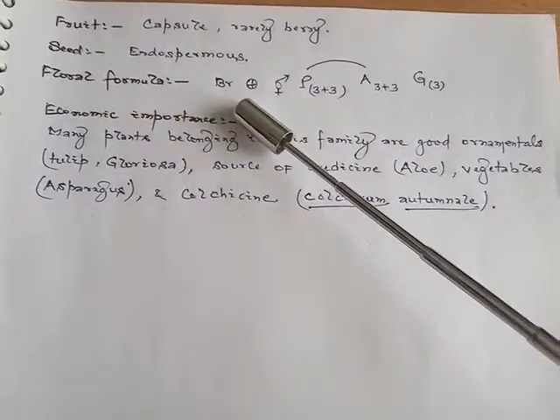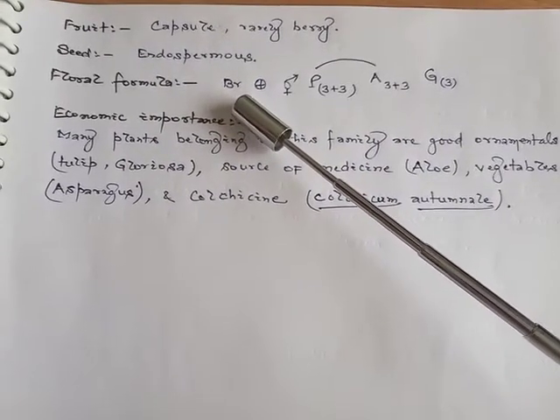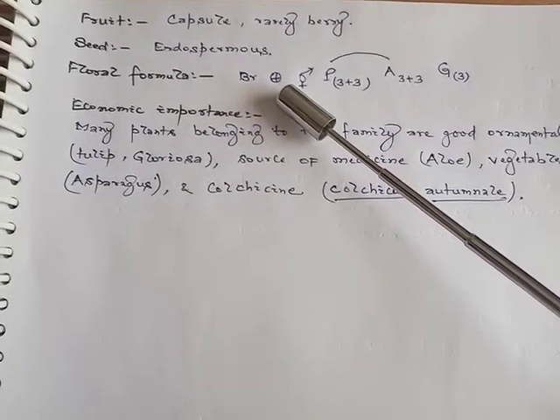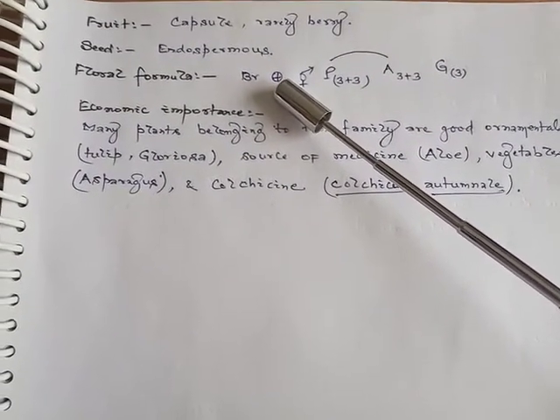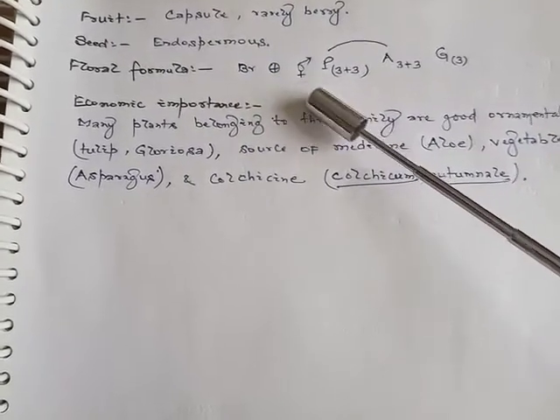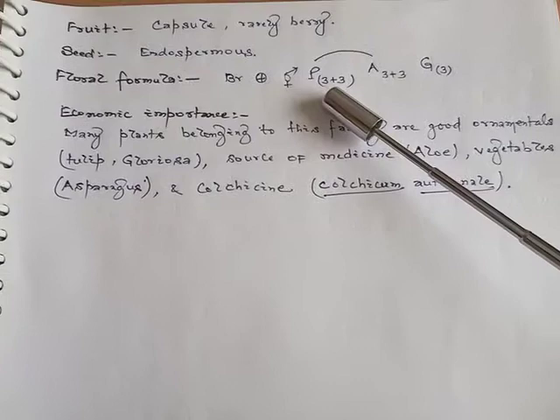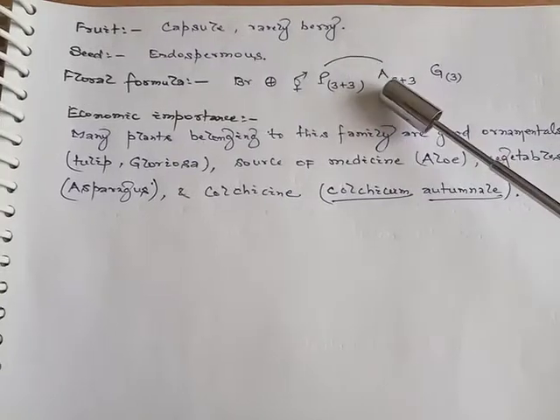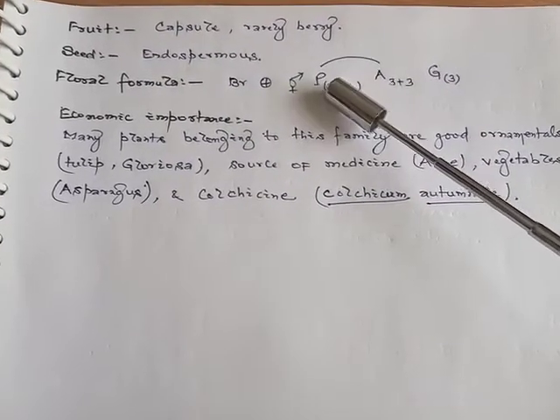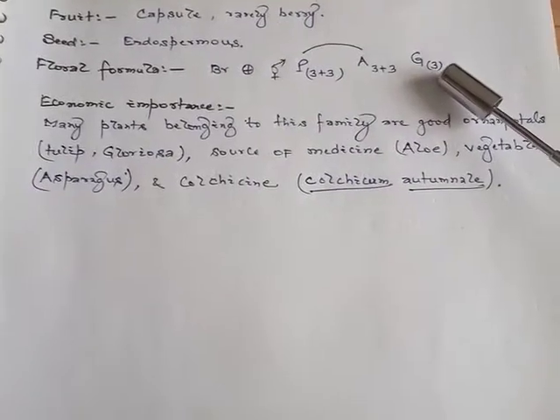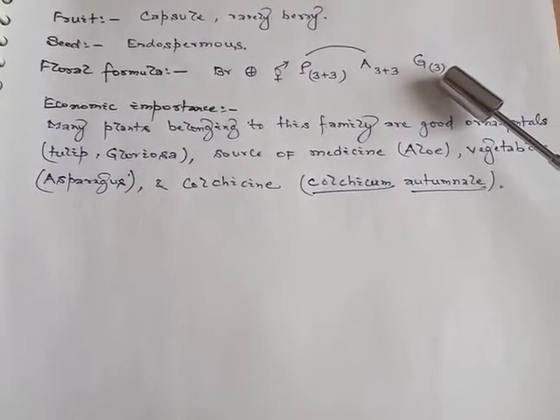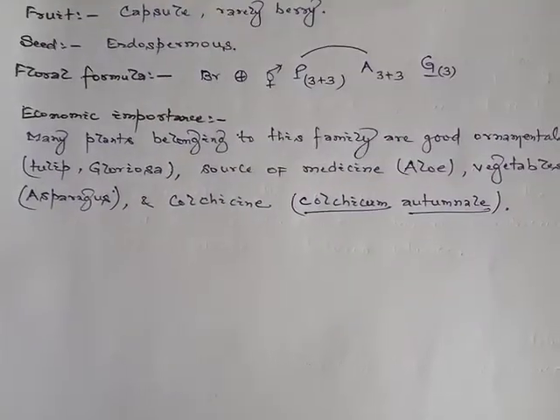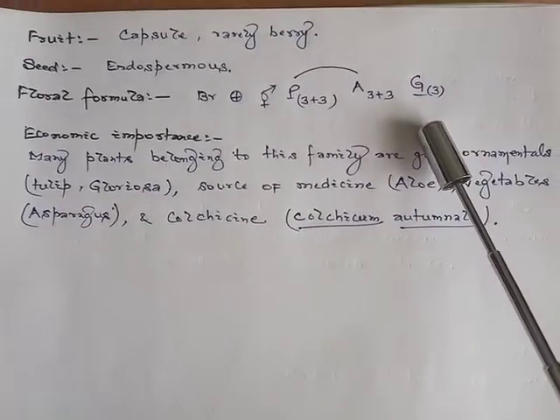And the floral formula indicates the presence of bracts, so bracteate. Then the sign used for the flower shows it is an actinomorphic flower, bisexual. P is for perianth, meaning tepals 3 plus 3 and androecium 3 plus 3 and epipetalous condition was shown, meaning the stamens are attached to the perianth, and gynoecium is 3 and they are fused, syncarpous, so it has been written within the bracket. And ovary superior, so it has been underlined.